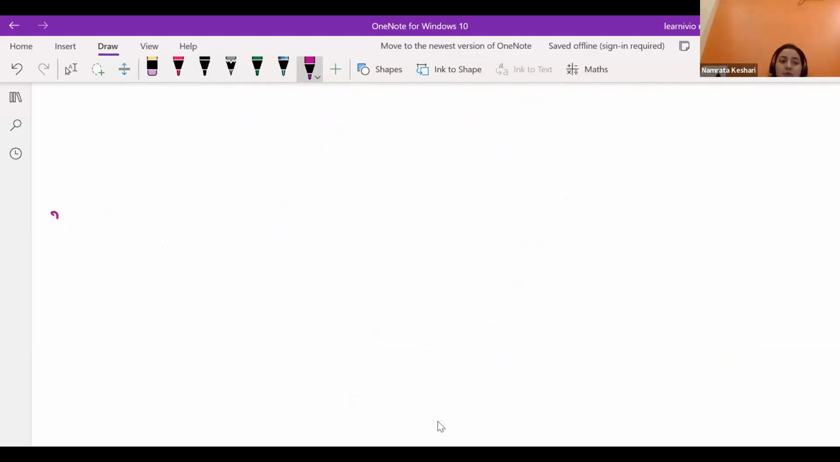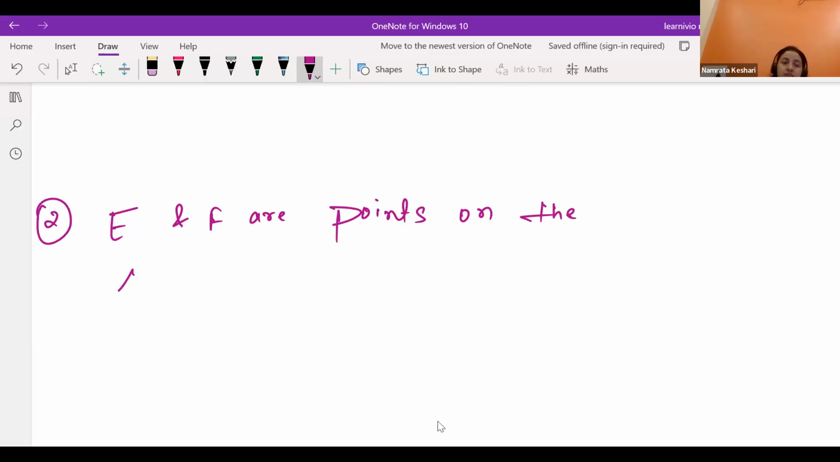Now there comes this type of question which I am taking from our book, that is: E and F are points on the sides PQ and PR respectively